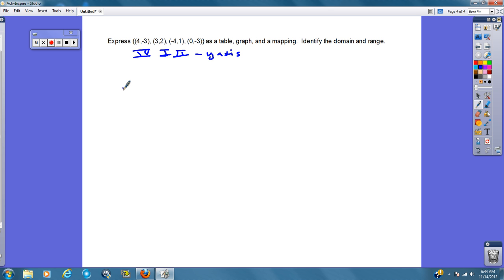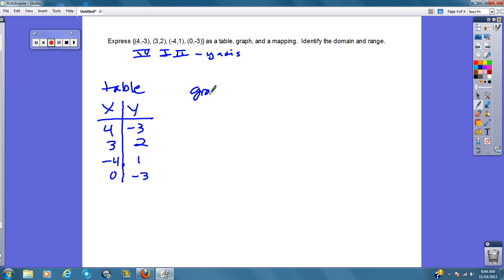Okay, so then the next piece that we're going to go to, let's make our table. All right, and we have 4, -3. We have 3, 2. We have -4, 1. And we have 0, -3. So there's our table. Now our graph,